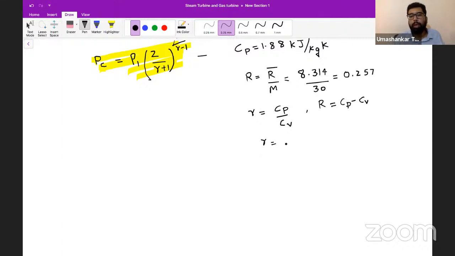It is 1.172. Is that true? It is 1.172. Okay. So now if I place the values in this PC formula,